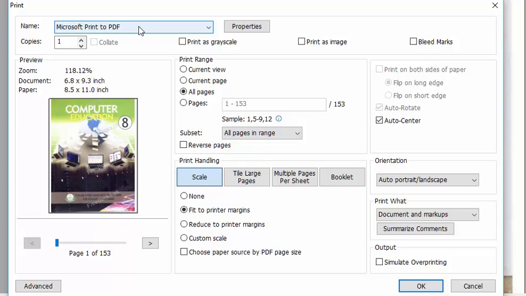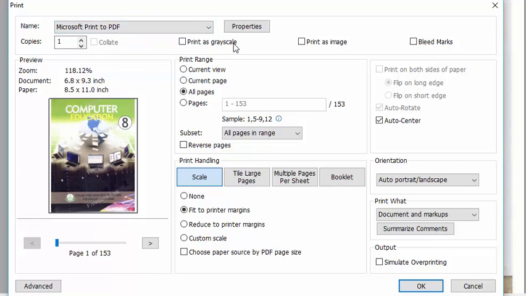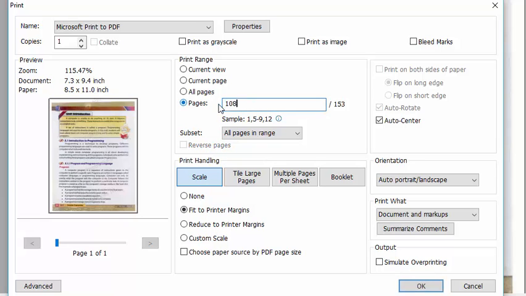Right now no printer is connected, that's why there is no name of any printer. But I can fax, use Microsoft Print to PDF, convert it to PDF, Microsoft XPS Document Writer, or send to OneNote 16. Copies and multiple other options are here. The whole book will be printed, but we are right now at page 108, so this is the page which will be printed when we press OK. But right now we have no printer connected to the computer.